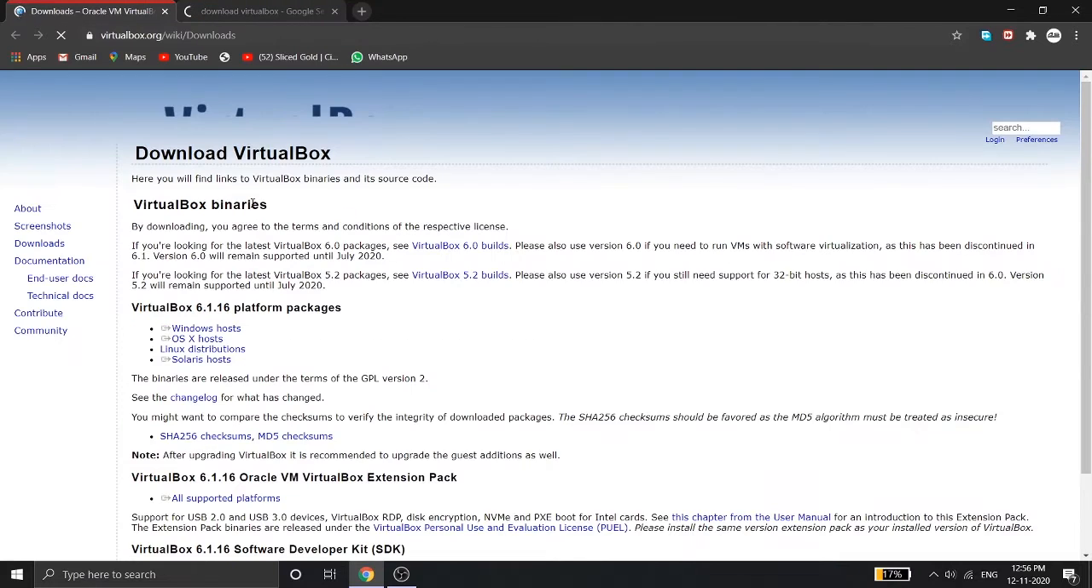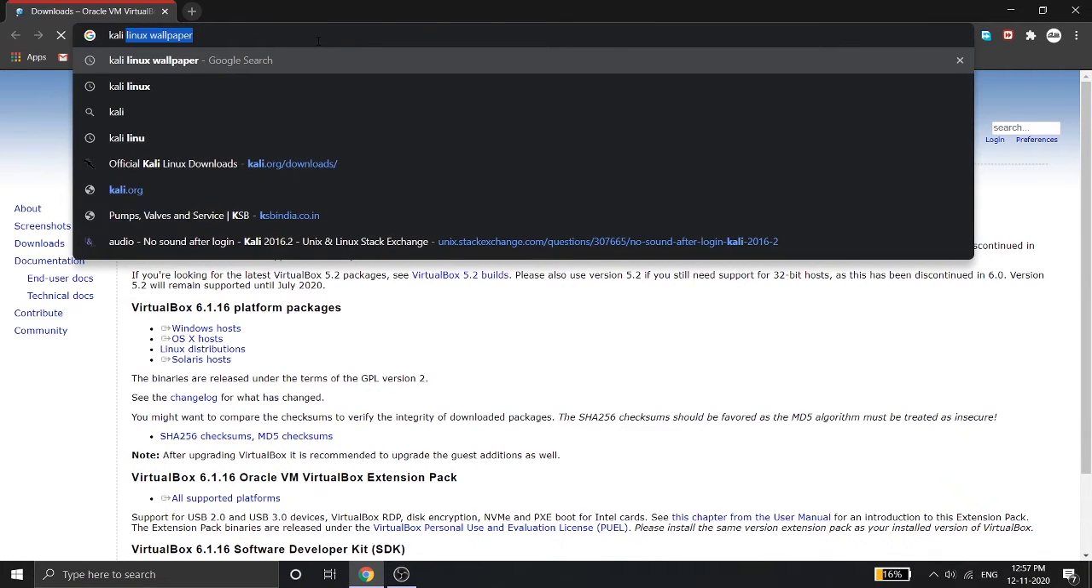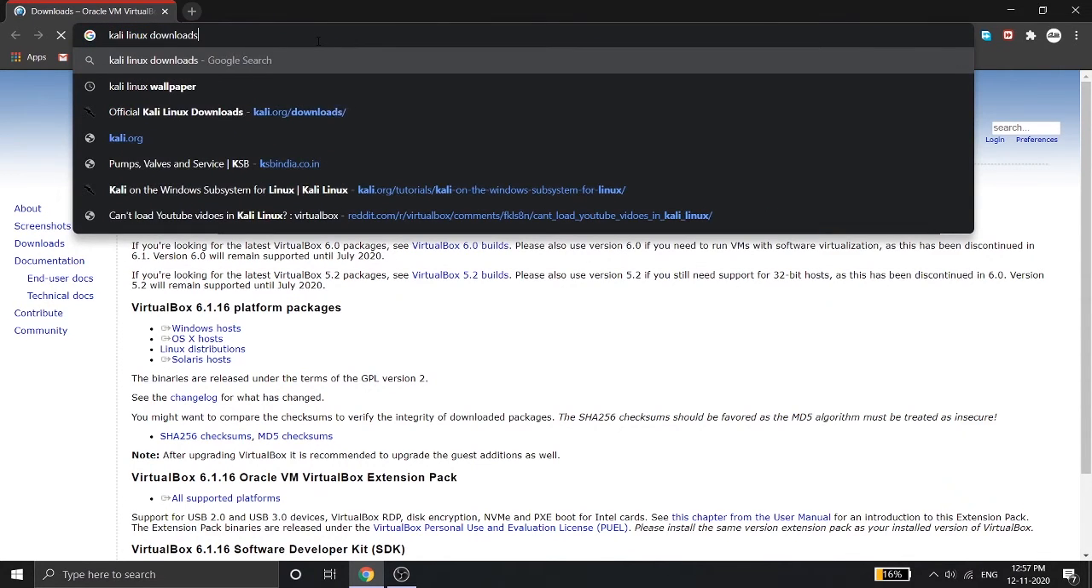So I have loaded the page here and you'll be greeted with a page like this. In this page, click on Windows host and that will automatically start the download. And after downloading, just install the exe file just as you would install any other program. And after you have installed VirtualBox, go to Kali Linux downloads